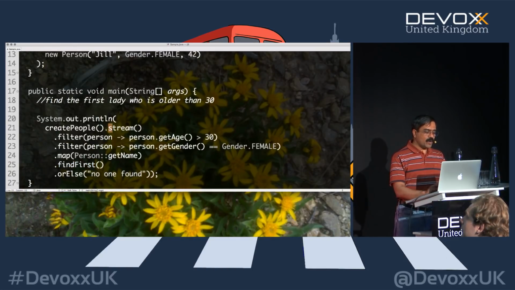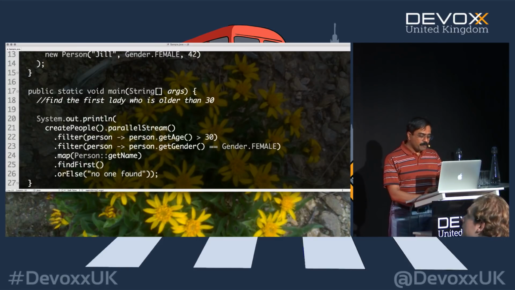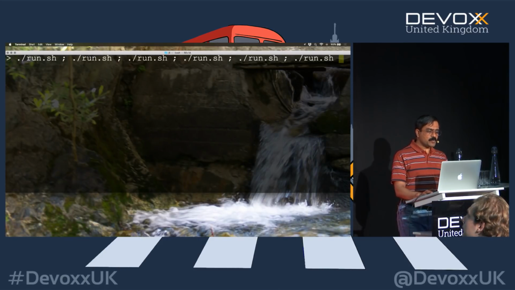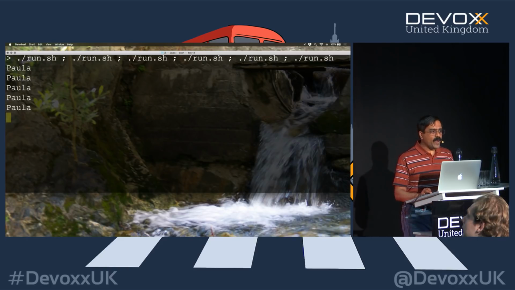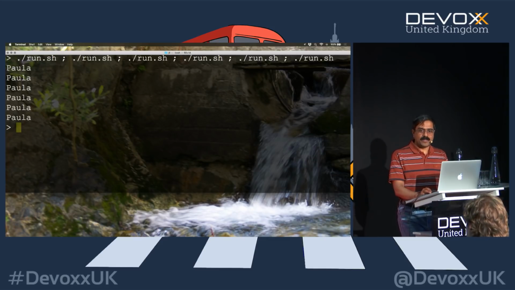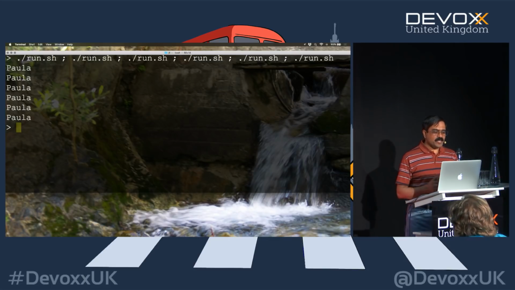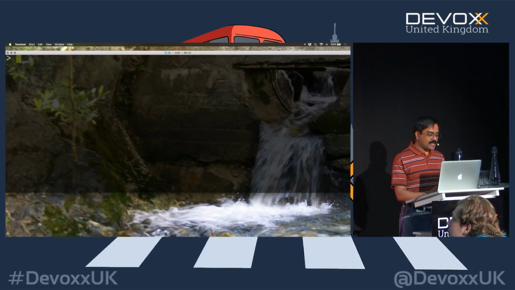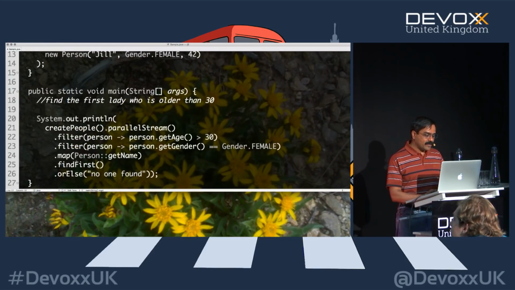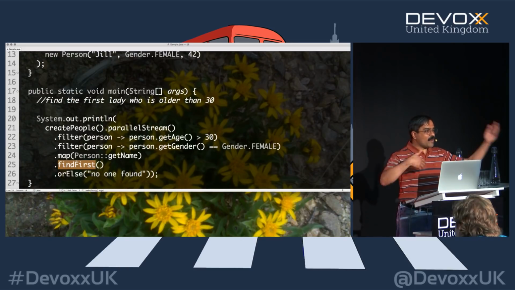But the question is, what if I say parallelStream and run it in parallel? If I run this in parallel, though, notice that it doesn't matter how many times I run, it still will always be Paula. Now, we both know one thing. You don't run code 1,000 times and prove it's correct, but you get the point. The point really is that it is going to be exactly the same result no matter how many times you run it, because you said findFirst. FindFirst is always ordered. So in other words, it doesn't matter whether you ran it parallel or sequential, it's always the same result.